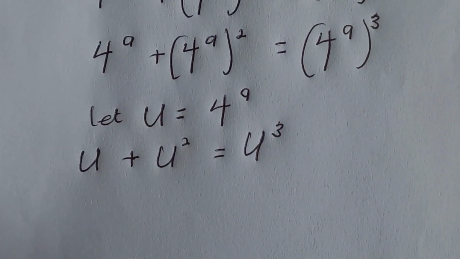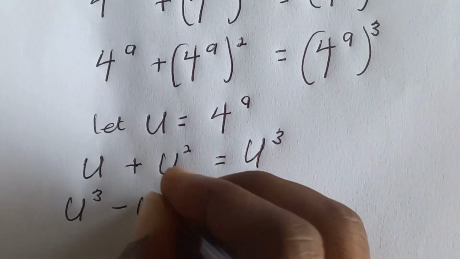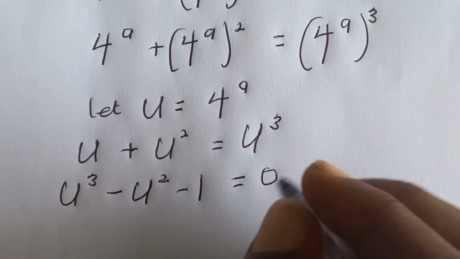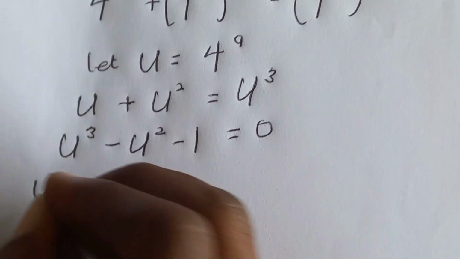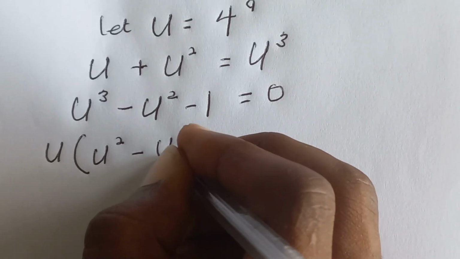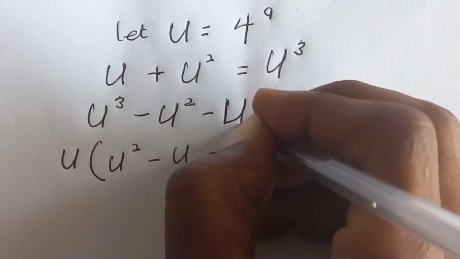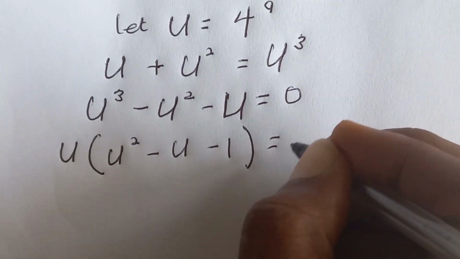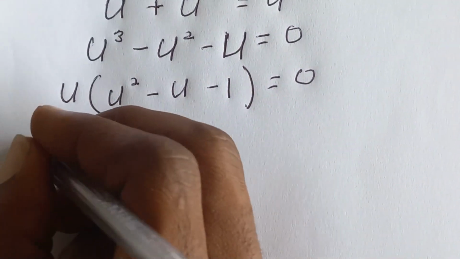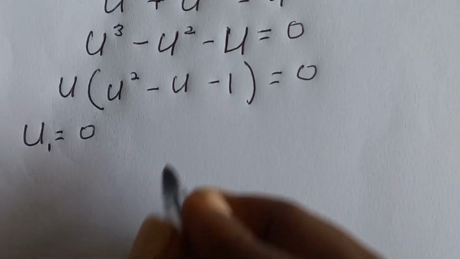So we can say that u exponent 3 minus u squared minus u is equal to 0. With this, we say u out into bracket u squared minus u minus 1 is equal to 0. So in our solution, we have one, which is u is equal to 0. Let's name this u1. Then